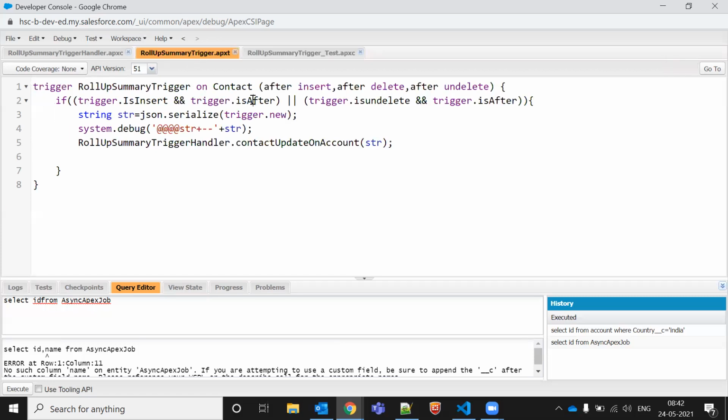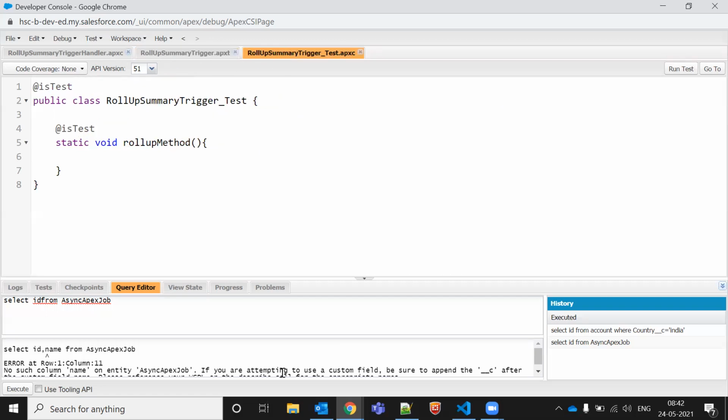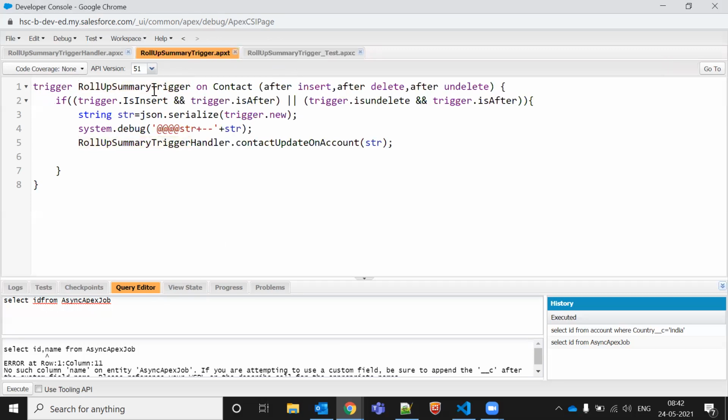Sorry. We cannot call the trigger, like if you are writing a trigger, we should not call the trigger in the test class. How do we do it in an Apex class?